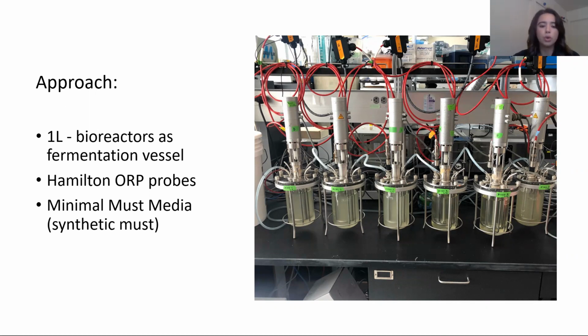So in order to have control over the contents of the fermentation, the medium, the additions, pH, age of the media, etc., we used minimal must media or synthetic media. And this is a lab-made solution that's considered a grape juice-like medium, which is very defined, and this aided in really focusing on variations in microbiology rather than variations in the juice composition. So triple M, this synthetic must, has been used in other experiments previously, and there's a standard recipe to make this so that it ensures there's uniformity in the media.